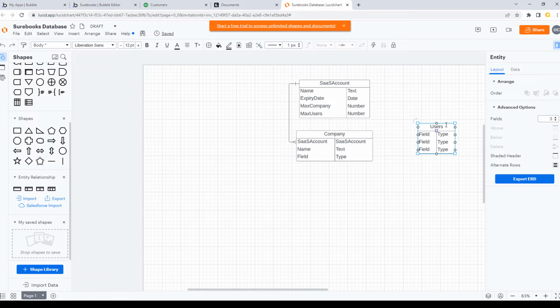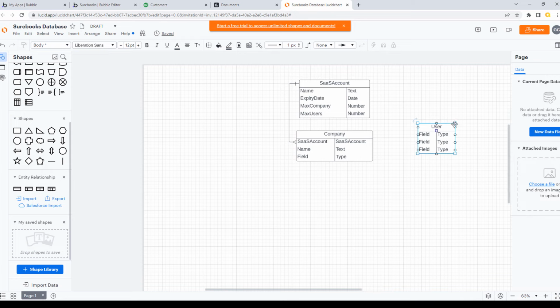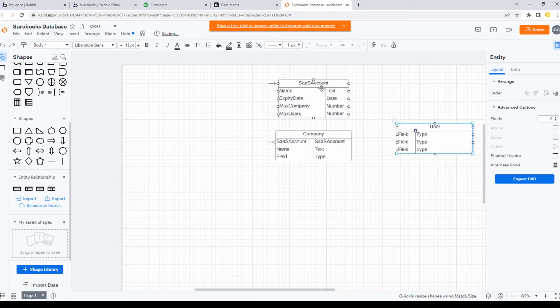Actually, I always call it user. It doesn't matter, it's an automatically defined data type anyway in Bubble, so you don't get a choice about it. But with the others, I never put a plural on the name of the table or the types. So what we'll do is we'll have last name,